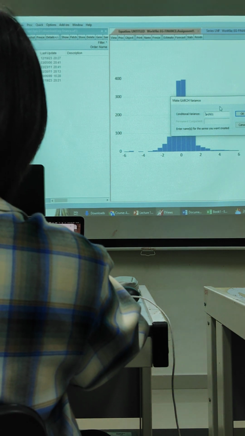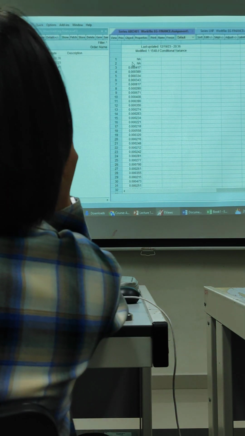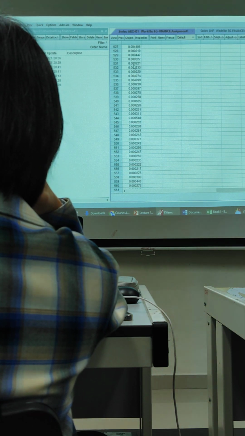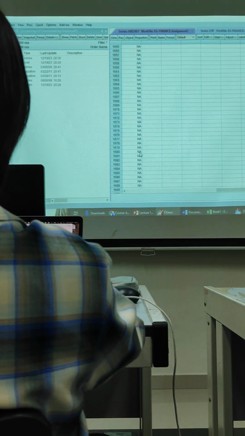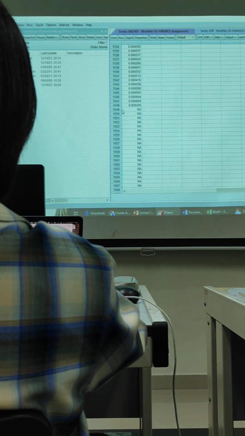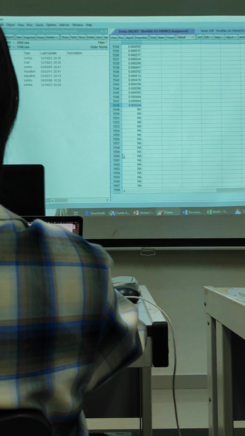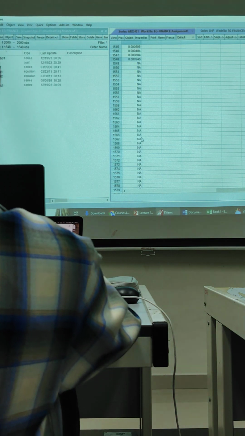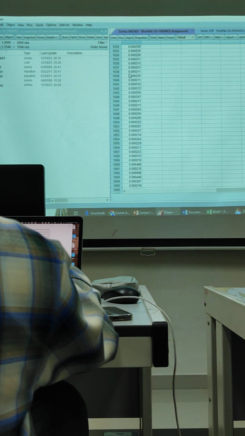So actually this is ARCH, right? This is ARCH. Then you go to the ARCH and click OK. So you can see, instead of the graph, you have a series of this ARCH volatility series. You can see when it's a high one, because I estimate only up to 1548. If you estimate up to 2000, then you can get other data points as well. But I just focus on up to 1548. So these are the data series.